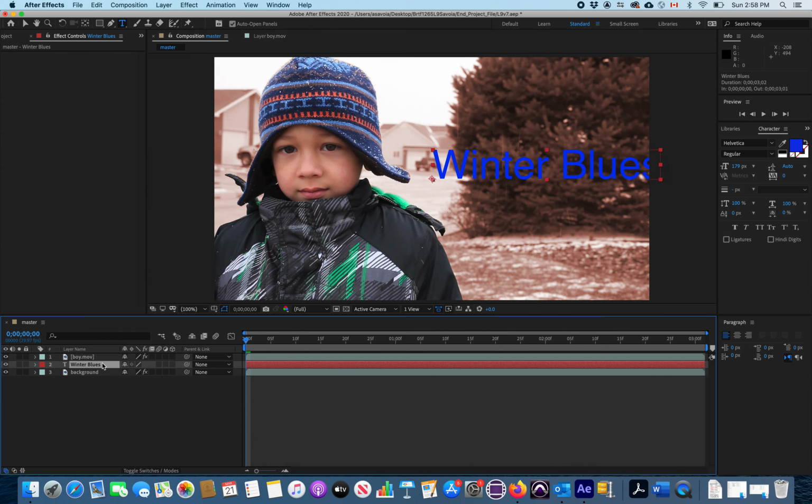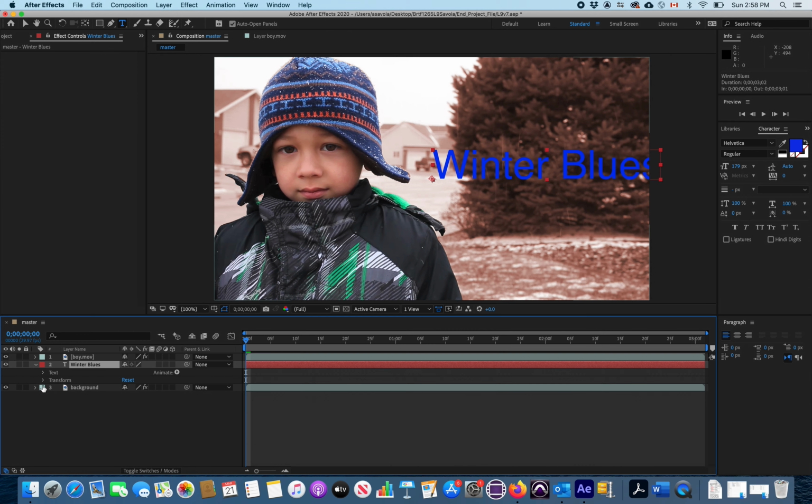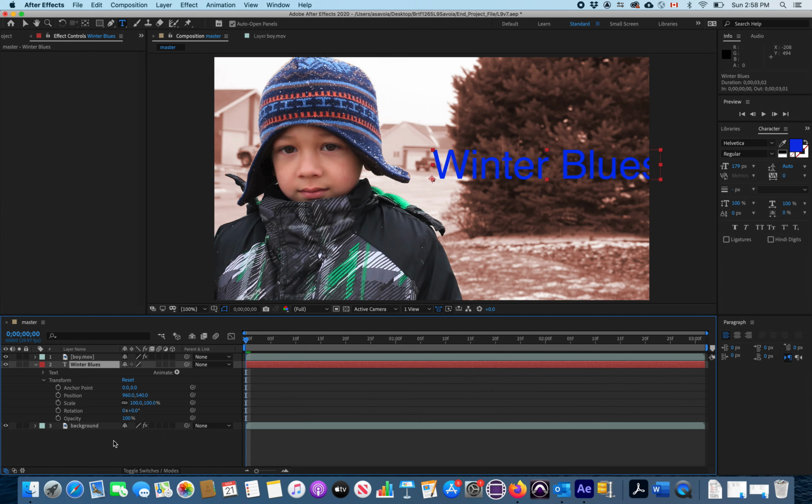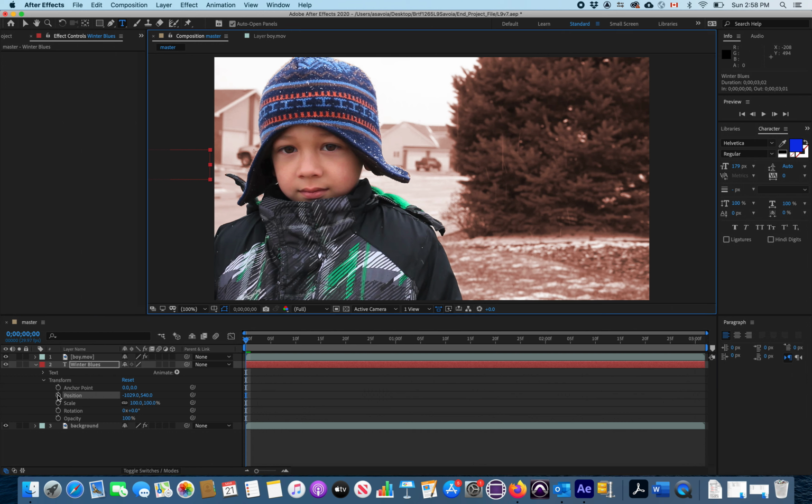We'll click that, and of course, what we can do now is go to the transform properties, and basically we can take the position and adjust it wherever we want. But what's cool is we're going to animate it, because we're going to have it move through the background. So using some keyframes, we're going to create a cool effect. We're going to take that winter blues and drag it right off the side of the screen. So we're right at the beginning,